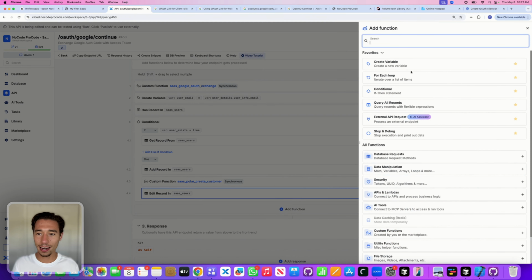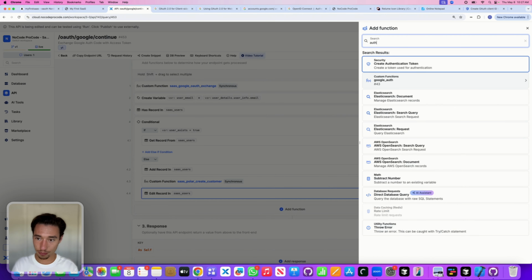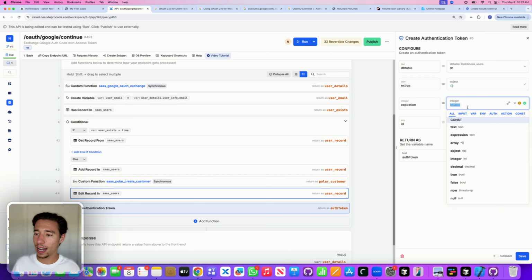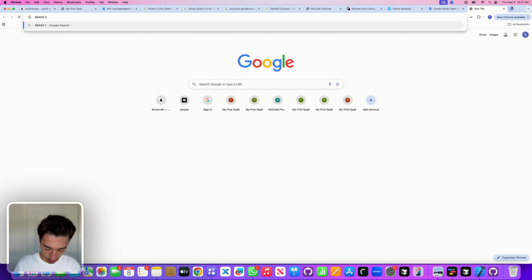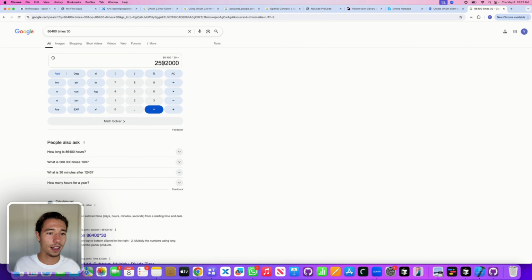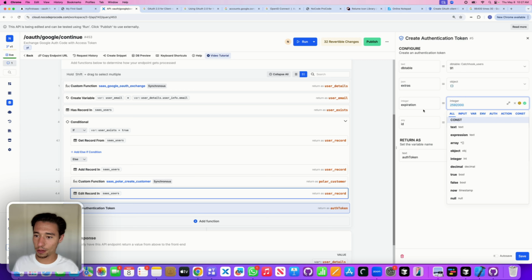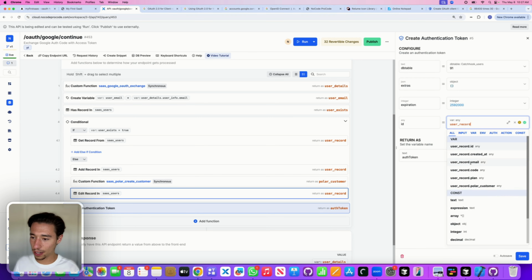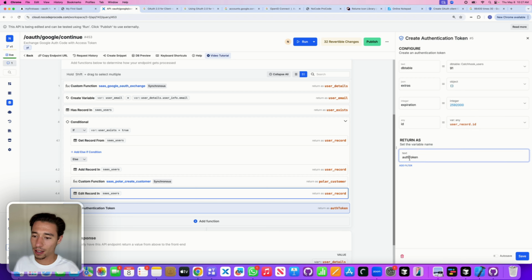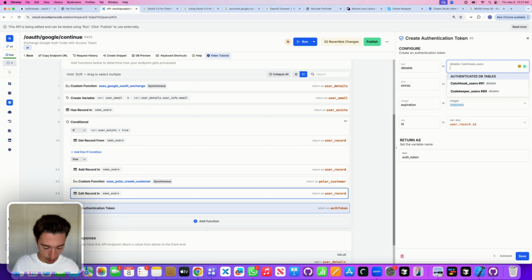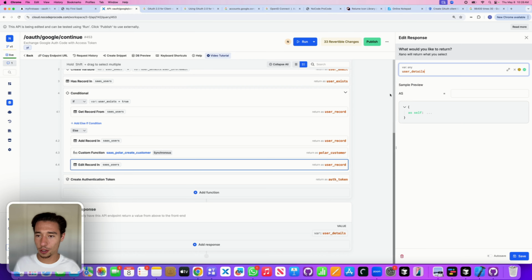So now we will, at the end, issue our authentication token. We will create an auth token, and I want this to be issued for 30 days, so I will do this times 30. And I will set that as the appropriate number. Let's go back to Xano and put this inside of here. The ID will need to be the user record ID. There you go. And the auth token will be auth_token. There you go. And then the database table will need to be SaaS_users, or whatever is your database table. We can now save this, and now we're just returning the auth token